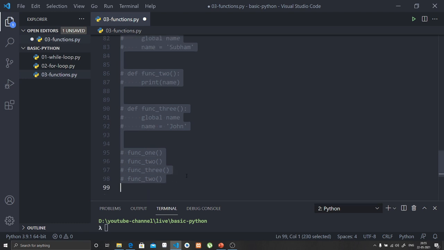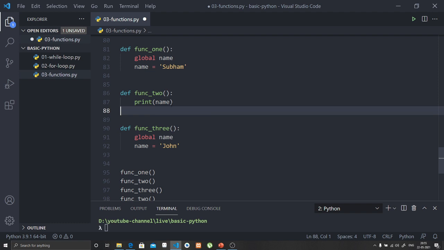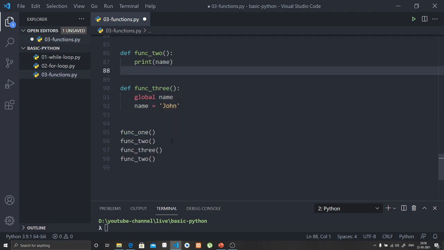So in this example we are assigning a global variable inside a function. We are printing the variable in func2. We are reassigning the value of the variable in func3 and changing the value to John.